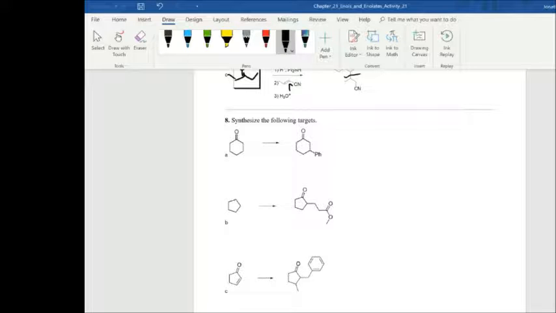Guys, now that we're finally here on question number 8, we're just gonna synthesize the following targets. This is just gonna be things that you should have learned in lecture up until this point, and it might be a little bit difficult in the beginning, but eventually you'll get it and it won't be a problem. So the first thing I'll do here is I'll think, oh, how do I want to make a double bond here? How do I want to add a double bond so I can use maybe some sort of a